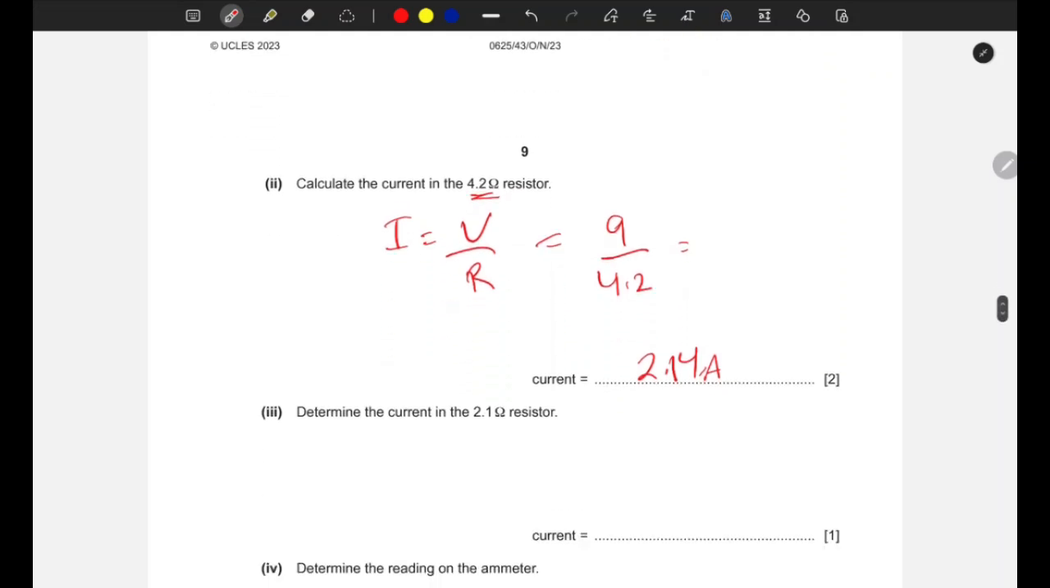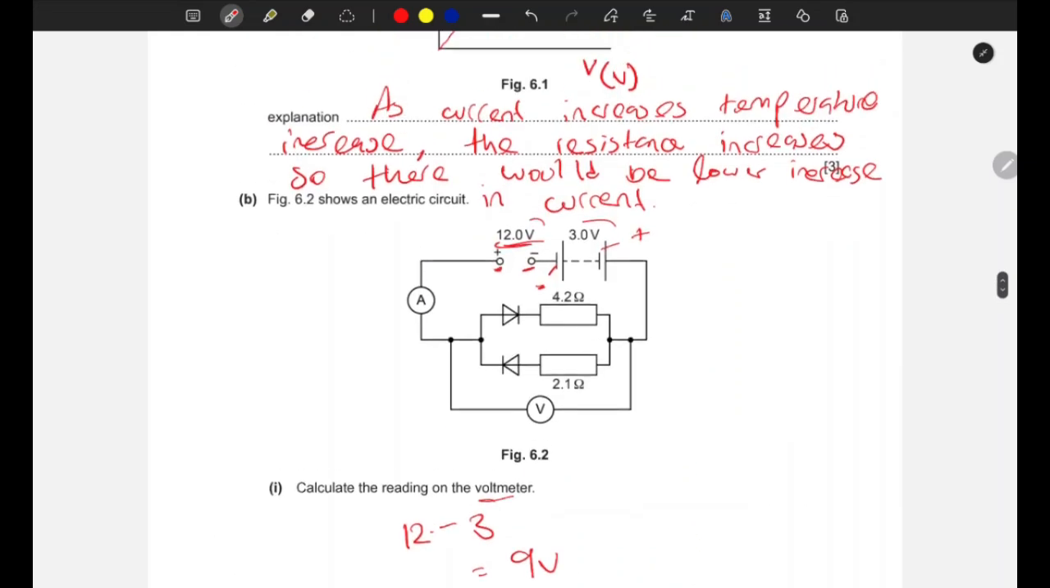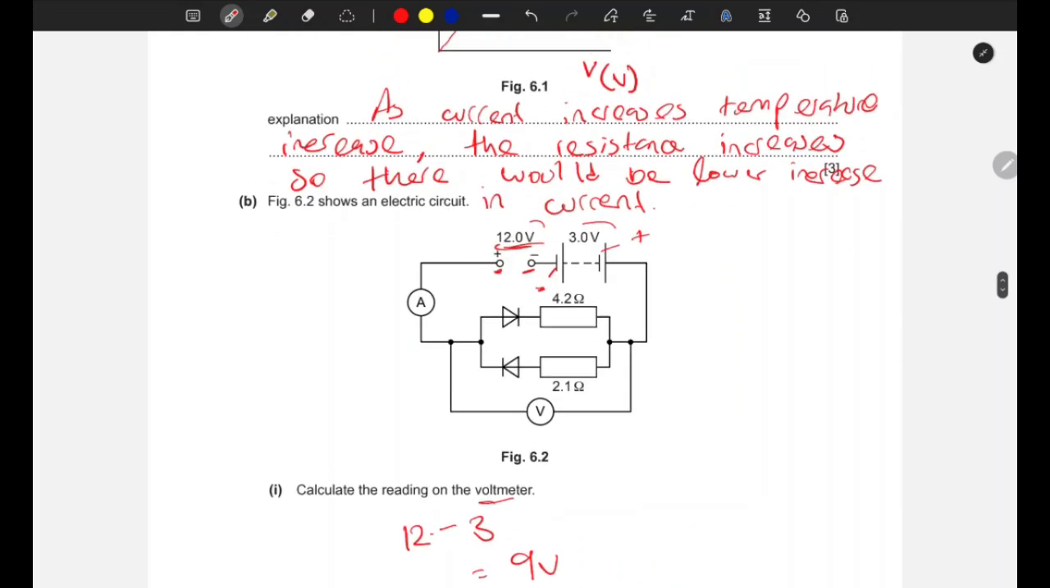Part 3. Determine the current in the 2.1 ohm resistor. Now this is a trick question. It's going to be 0, and I'll show you why. Whenever looking at the circuit, we would look at conventional current, so we'd follow the positive charge. When we follow it, the direction of the current would be anti-clockwise. So it goes through here,